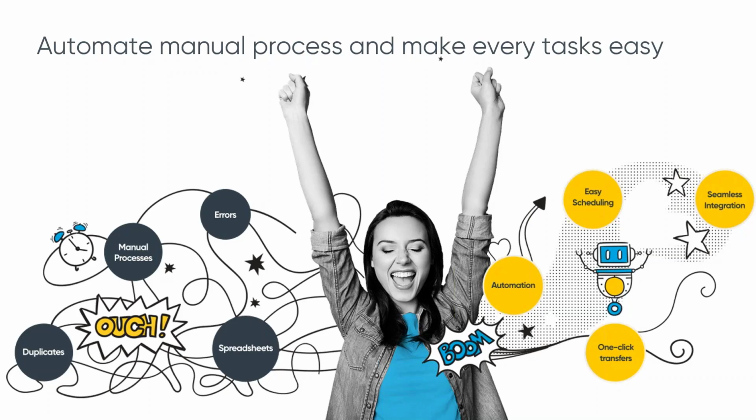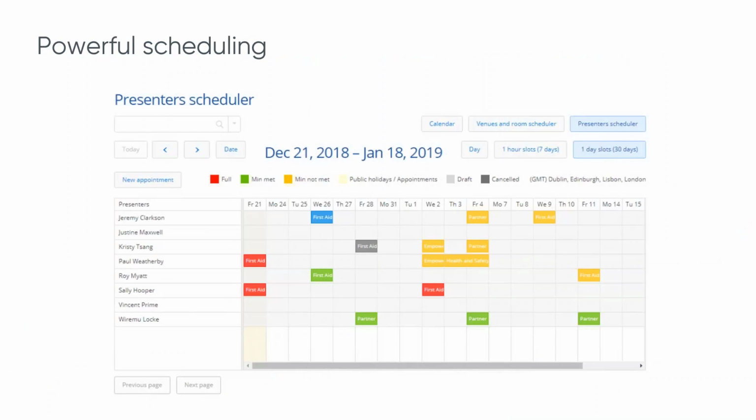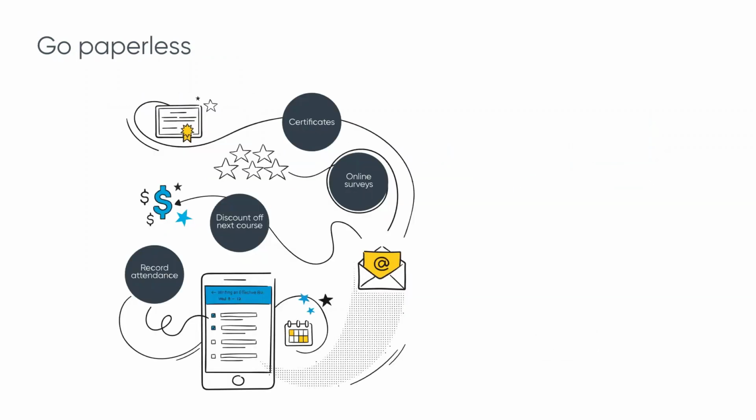So just an example, I guess, of how that looks is scheduling. Think about it, you've got a course, you want to schedule an event, you need a presenter, you need a room, etc. And so we've got some pretty cool calendar tools which help you clearly see who's available, and there are equivalents for rooms and venues about what venues are available. So you can really manage your resources.